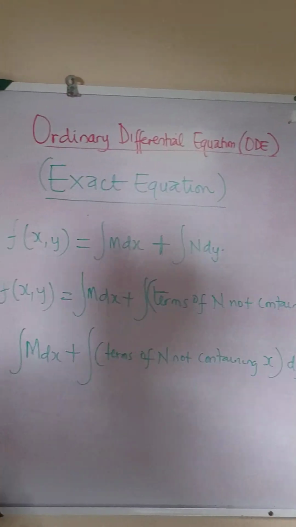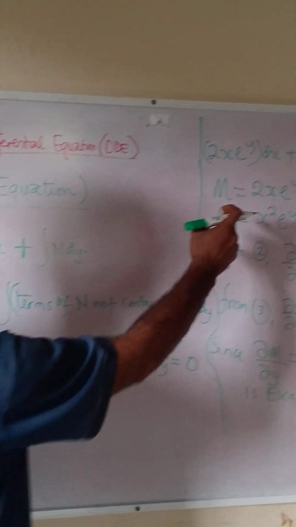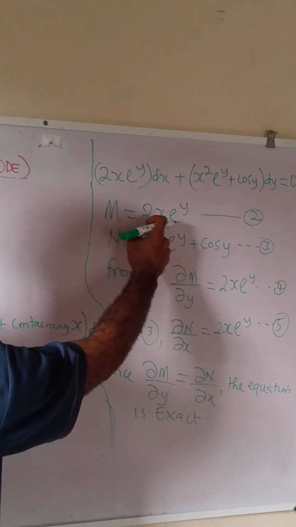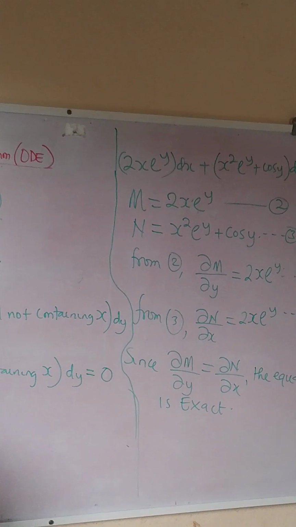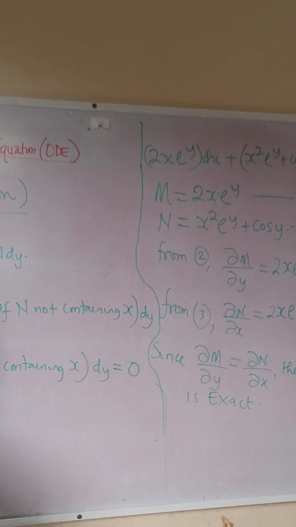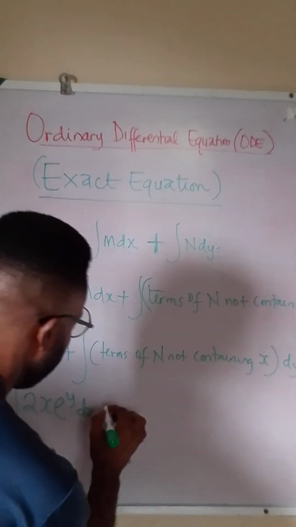So we have to implement this now. So this will be, what is our m? This is our m. This is the value of our m. Our value of m is 2x exponent y. So I'm going to have the integral of 2x exponent y dx plus